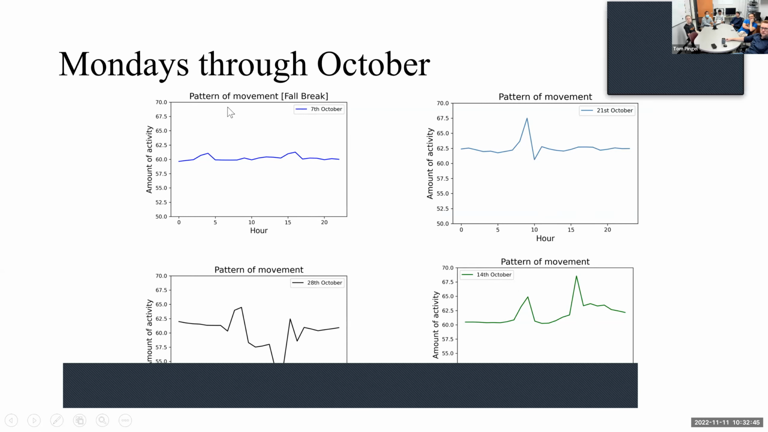The weird thing is the fall break, which is expected, but the other one was 20th October. I don't know what happened this day. So keeping in mind that all of these y-axis values are the same, I think we can actually compare the peaks and pits now, but